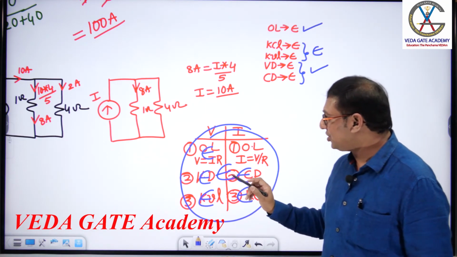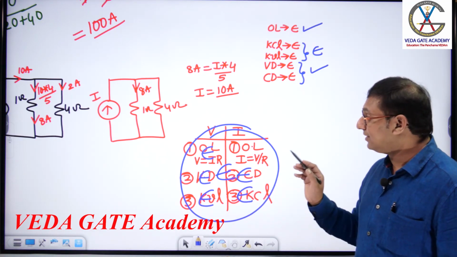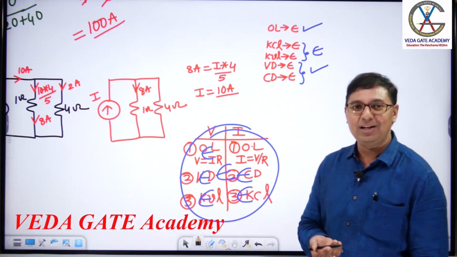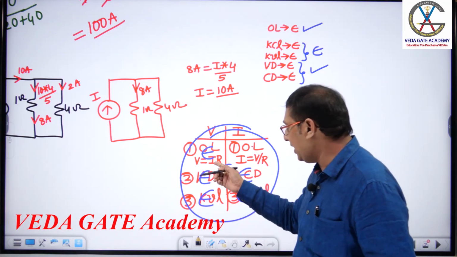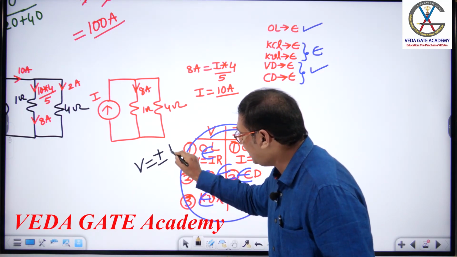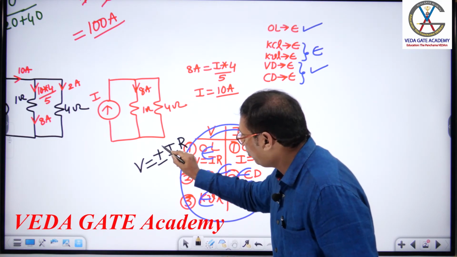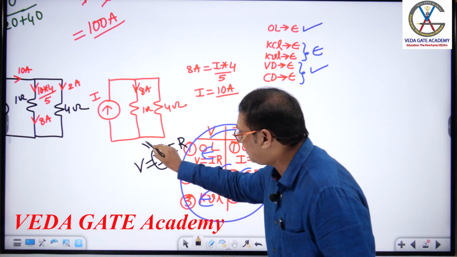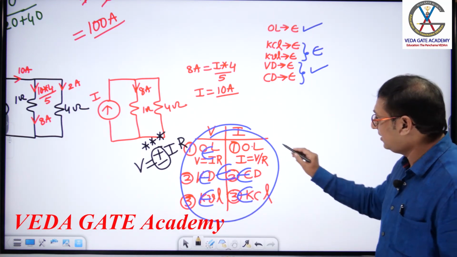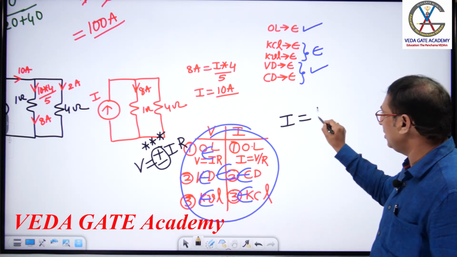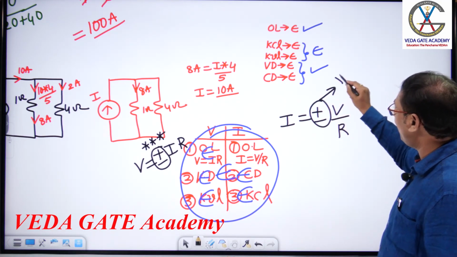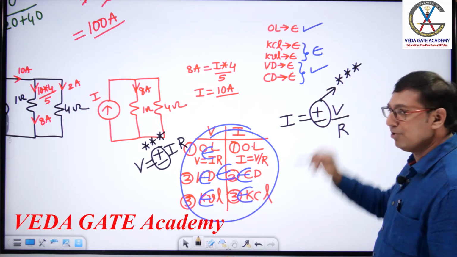Sir, but here you have to understand one thing clearly. What are the terms and conditions in using Ohm's law? What difficulty do we feel in the network subject? V equals plus I into R or minus I into R. Putting this plus or minus is important in applying Ohm's law for finding voltage. Next, Ohm's law for finding current: I equals plus or minus V by R. Putting this plus or minus is important in finding current by using Ohm's law. Very, very important, sir.